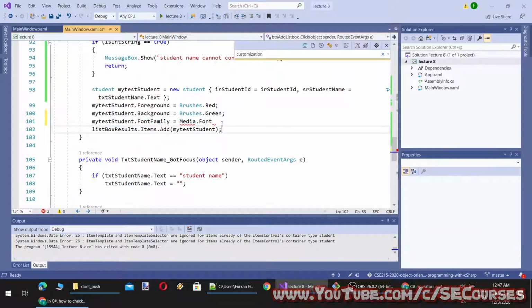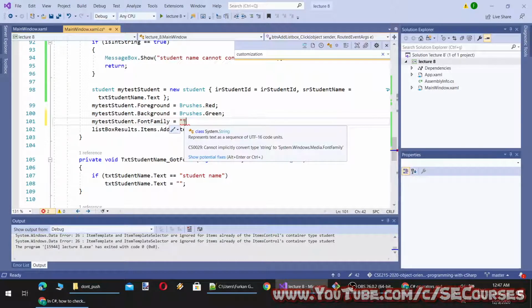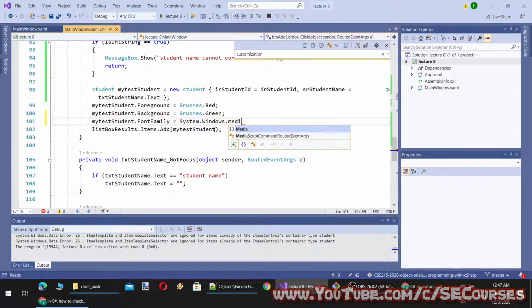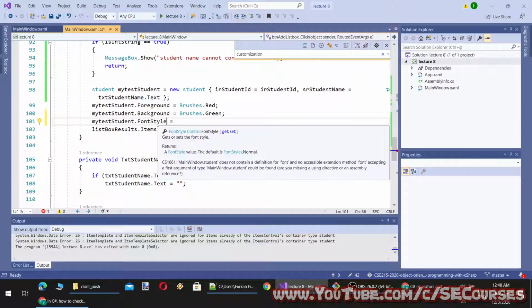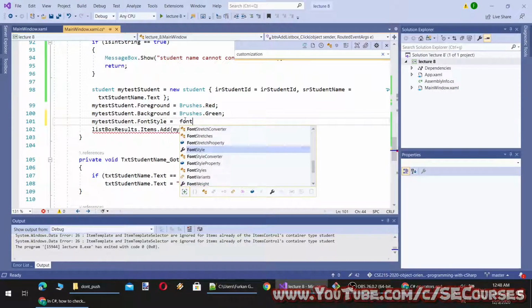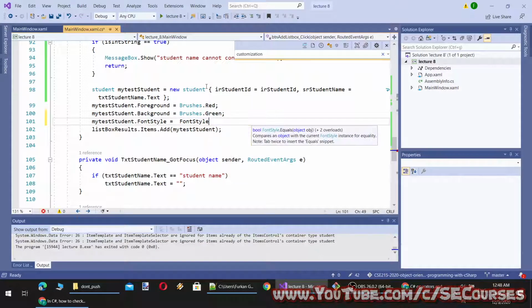Okay, this is interesting. How do we define the font family? Returns. The default is the system dialog font. System Windows Media Font Family. Windows Media Font Family dot. I see. Maybe it is set differently. There is font style and there is font style dot styles dot.